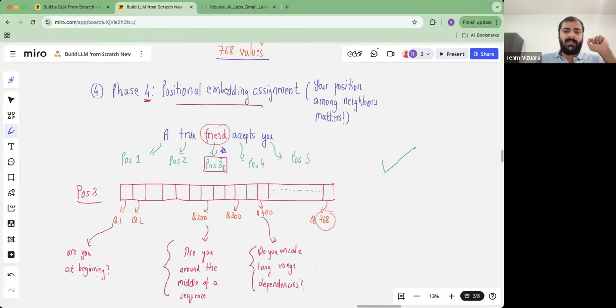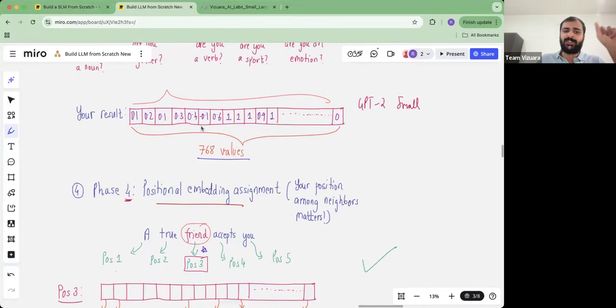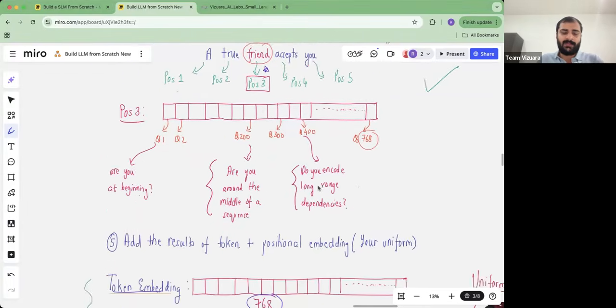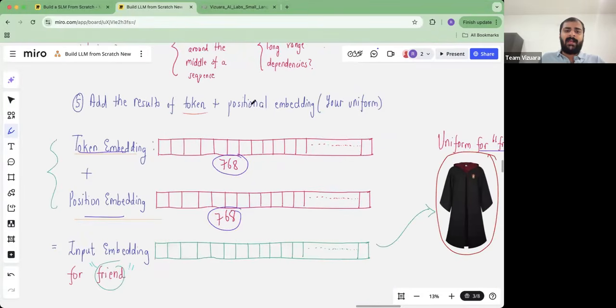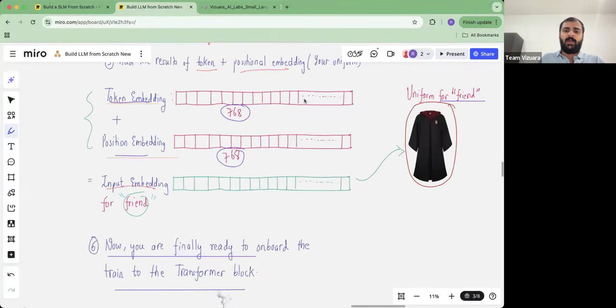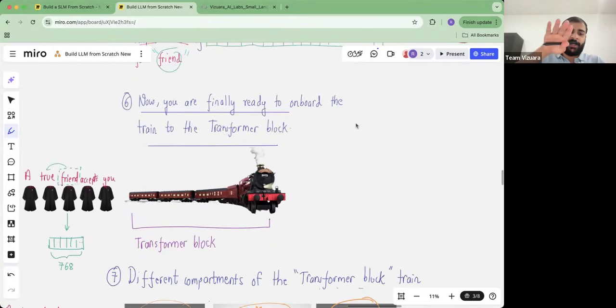There is a question in the chat regarding whether these embeddings are used as parameters. If you recall in the previous lecture, we have a token embedding matrix and a position embedding matrix. These values are not known beforehand and they are parameters. The token embedding is then added to the position embedding, which gives rise to an input embedding. You can think of this as the uniform which the student has before they get on a train to the